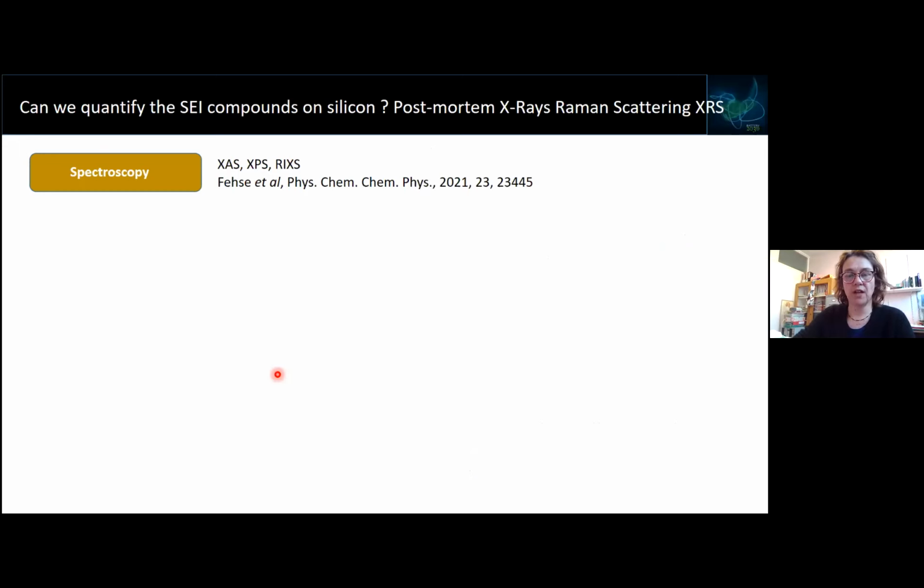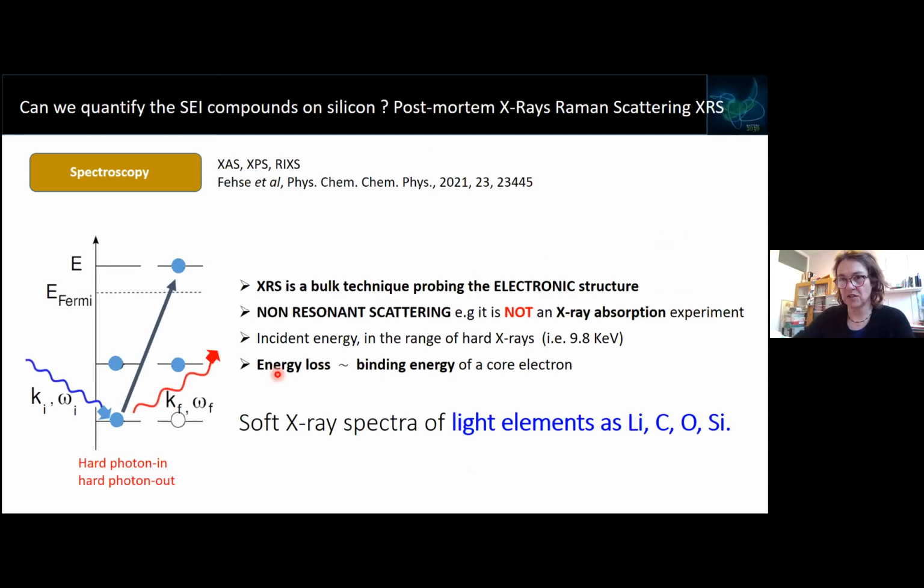The most known and used spectroscopy techniques in the field of batteries are X-ray absorption and XPS, which are very suited to provide a huge amount of information on the SCI compounds. But XRS has some advantages. It's a bulk technique that is probing the electronic structure, but it's a non-resonant scattering, so it's not an absorption